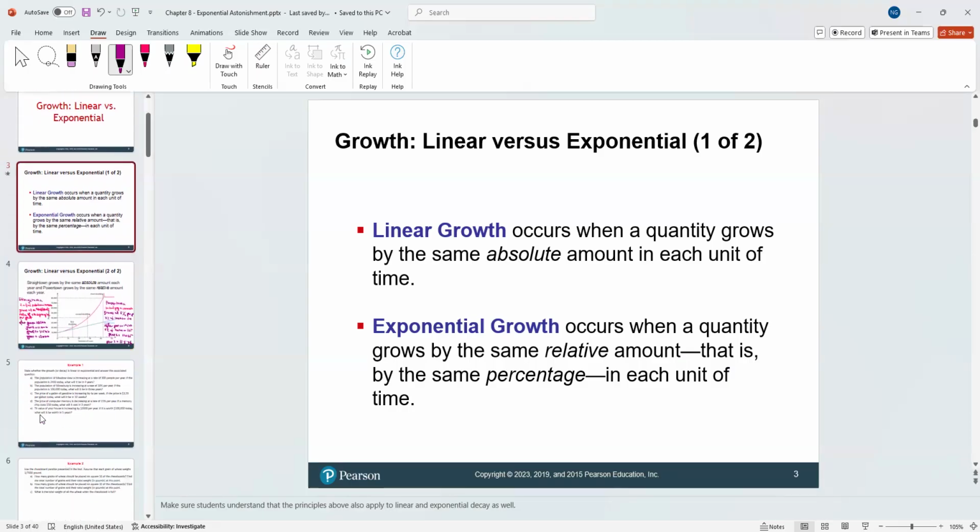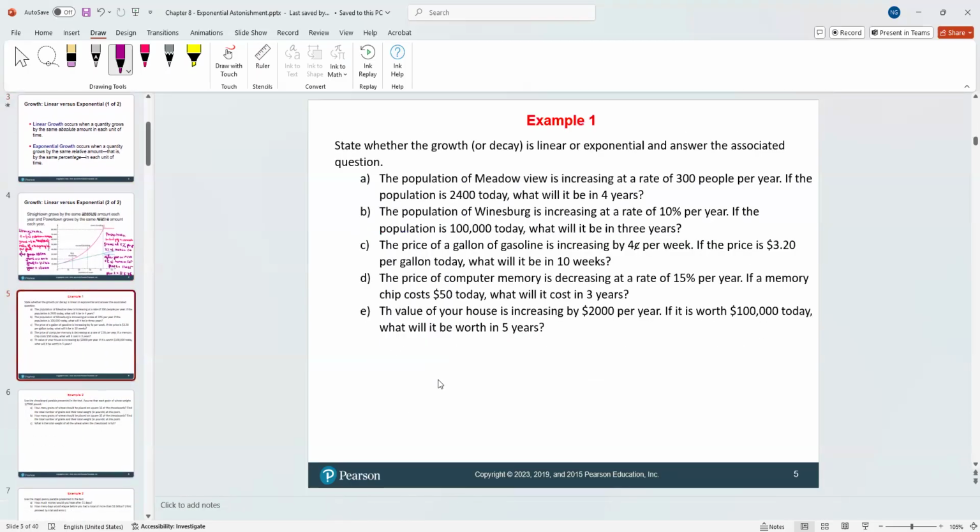We're going to illustrate very quickly with an example, maybe one or two examples, not only one. So in these examples, we're going to state whether the growth or decay is linear or exponential. Remember, exponential is about relative percentage, a relative increase or decrease. So it's percentages, right? You add percentages, but for the other one you increase or decrease by a constant number.